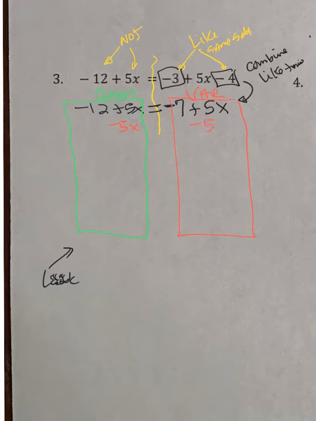And whatever you do to one side, you do to the other. Right? Then a negative 5x plus 5x is 0 x's, and that leaves me a negative 12. And then a positive 5x and a negative 5x is no x's, and that leaves me a negative 7. And then you go, what happened to the variable? Remember, that's a special case. Did you recognize that the variable dropped out? Remember, if the variable drops out,